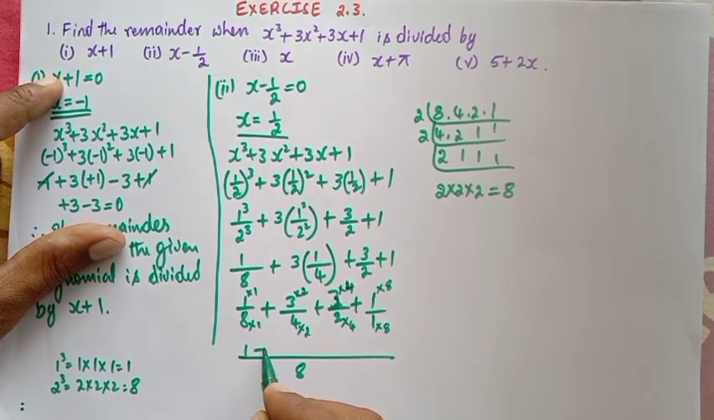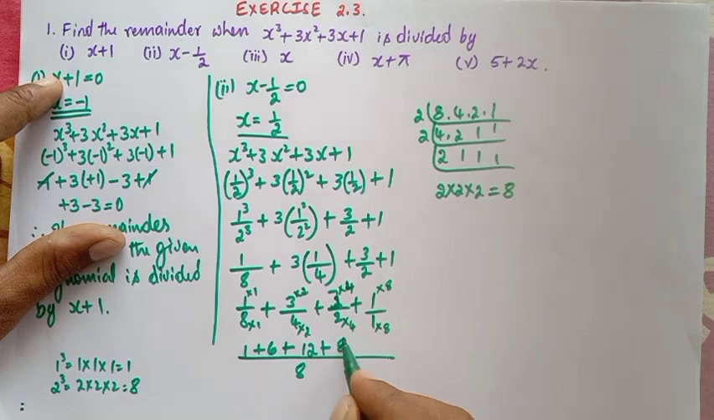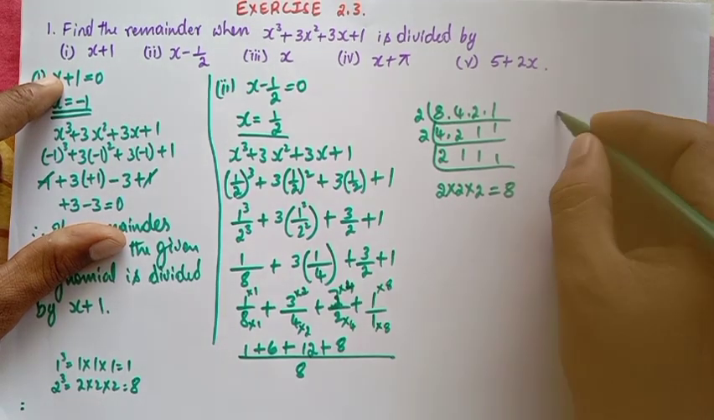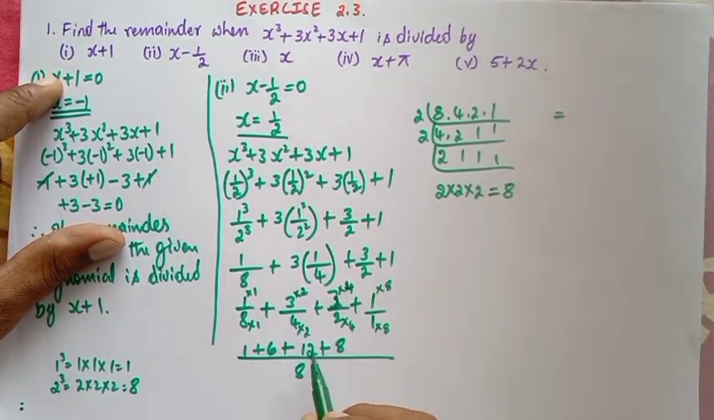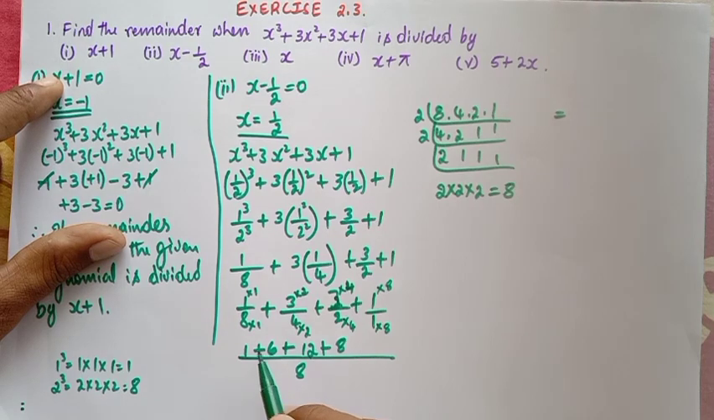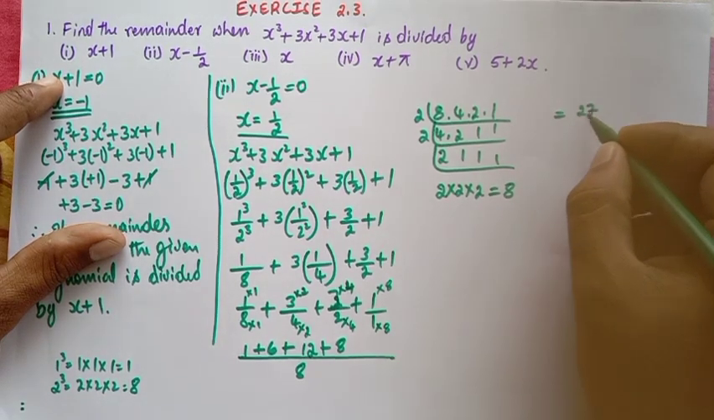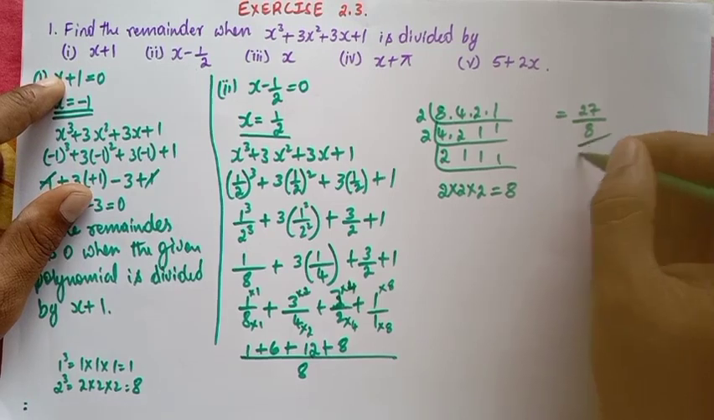1 one is 1, plus 3 twos are 6, plus 3 fours are 12, plus 8 ones are 8. So what happens here? 12 plus 8 is 20, 26, plus 1, 27 by 8 is the remainder,